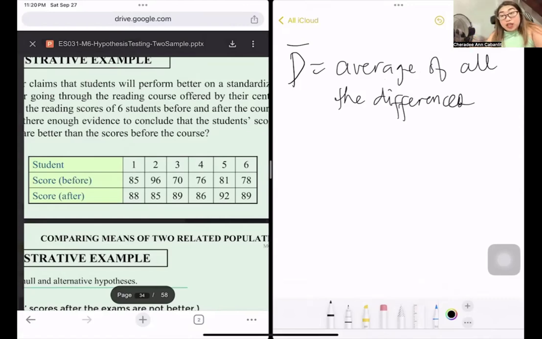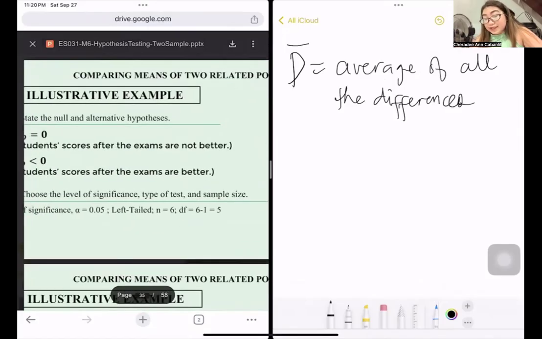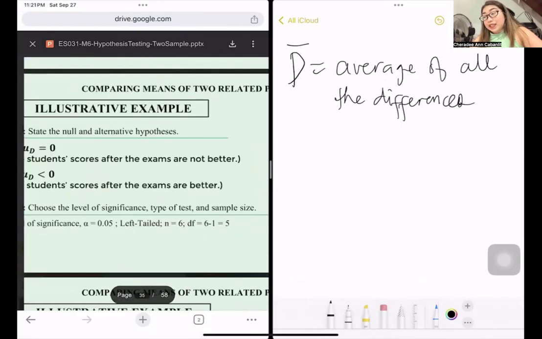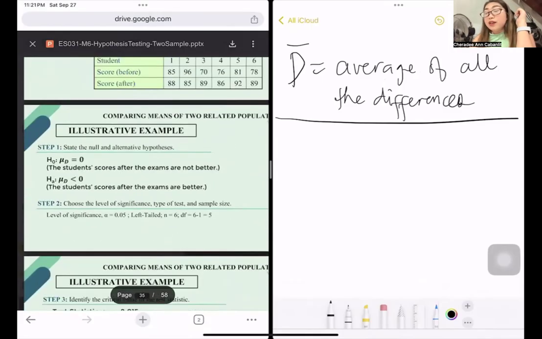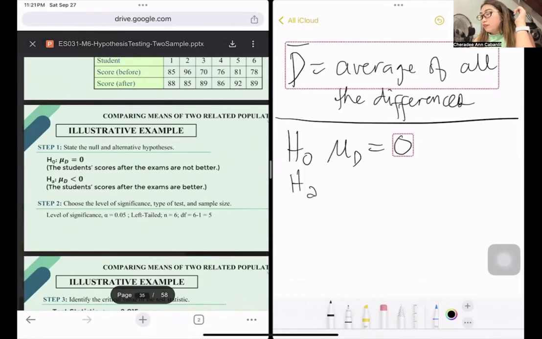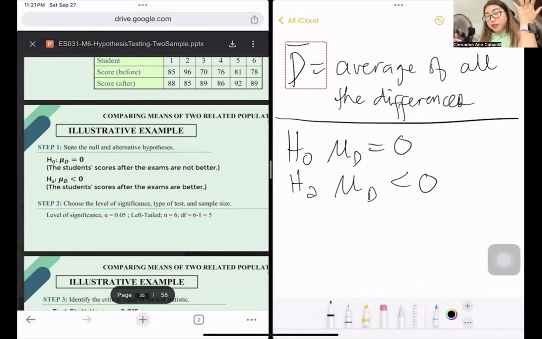Now, since it's obvious, we're going to use t on this, because the sample size is less than 10, automatically we use the t. Okay, so in that case, how are you going to write the hypotheses? The H0 is that the mean difference is the same, while the HA is that the mean difference is less than 0. So there's already a difference of the scores. So we can say it's better already because it's less than 0, so your score is higher.